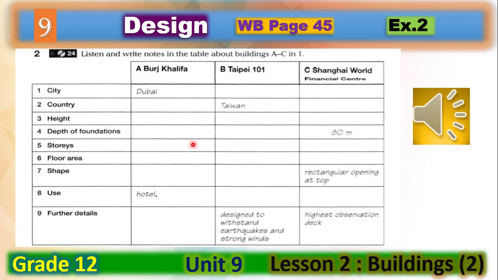Let's listen. Unit 9. Recording 24. Picture A. This was called Burj Dubai because of its location here in Dubai in the United Arab Emirates, but they changed the name when it opened to Burj Khalifa. It's the tallest building in the world at 828 meters, with effectively 206 floors, but the top 46 are only for maintenance. The foundations have to be deep. They go down to 50 meters. The floor area extends to